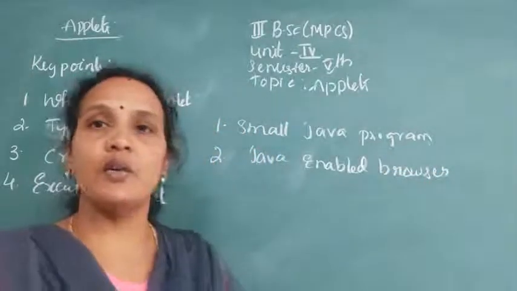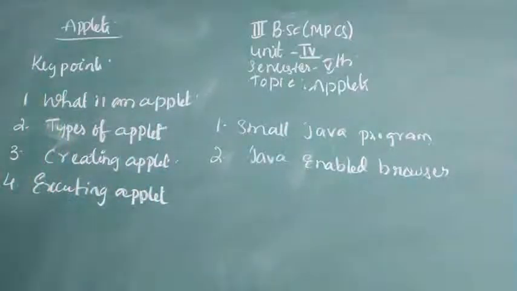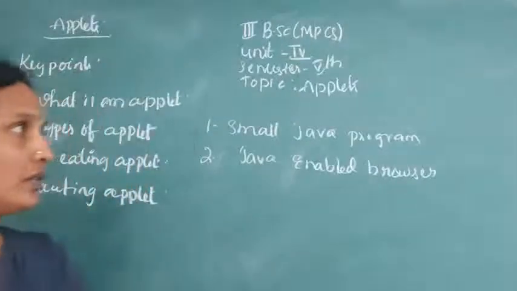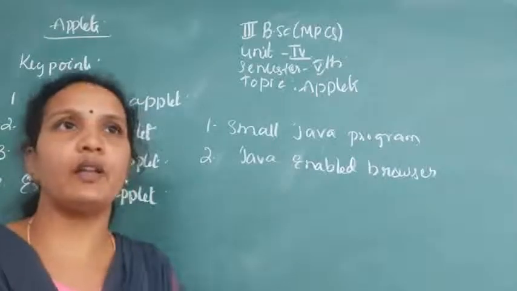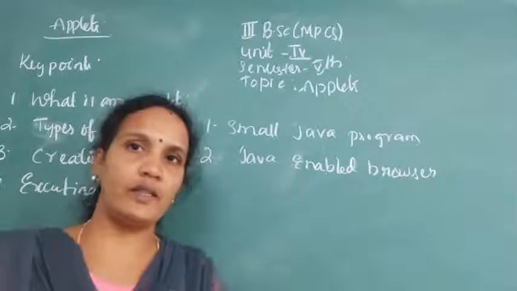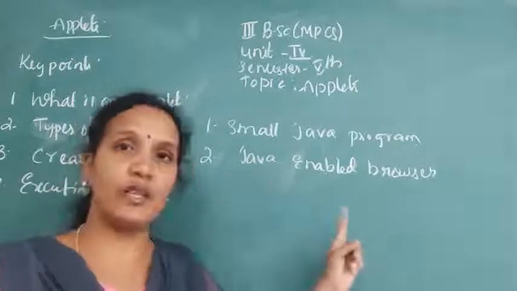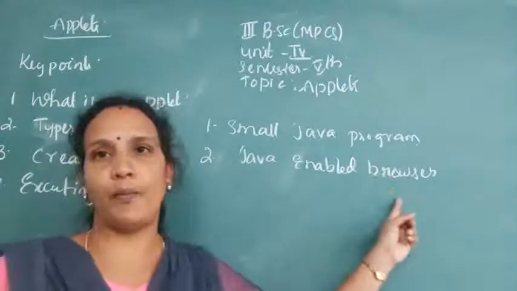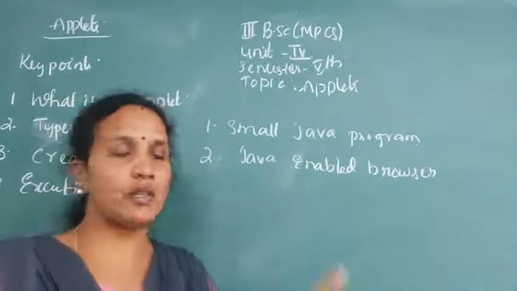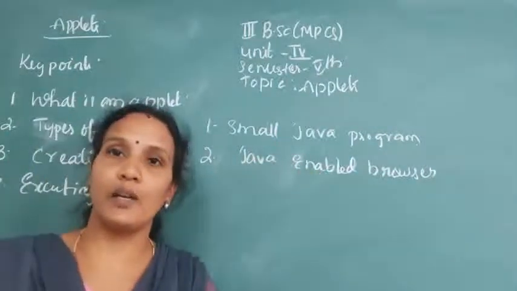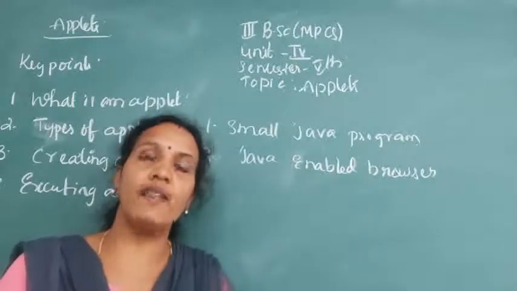It's very important. First thing is, an applet is a Java program. Understood? Why? Because, like how we did the previous programs, in the same way we'll do the applet program. So it is a Java program only. But where is it executed? On a Java enabled browser, meaning whichever browser supports the Java software, on that browser your Java program is executed.